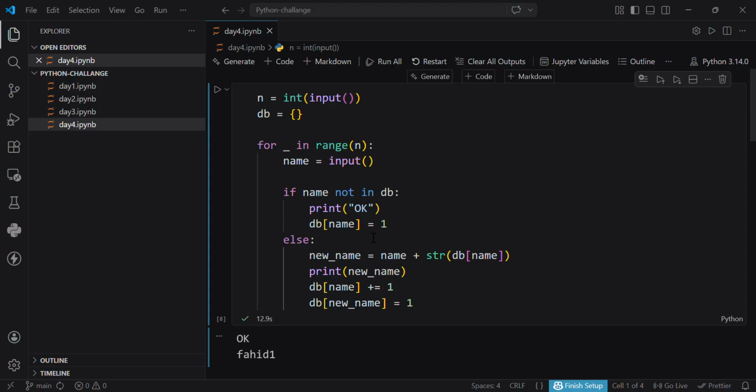Okay, let's solve this problem. How can we solve it? At first we will take input n, that is how many names we will take as input. For this we will take input n and set the database as an empty dictionary, and we will use a for in loop for taking the n names, and we will check if the name is in the database or not. If the name is not in the database we will print OK,